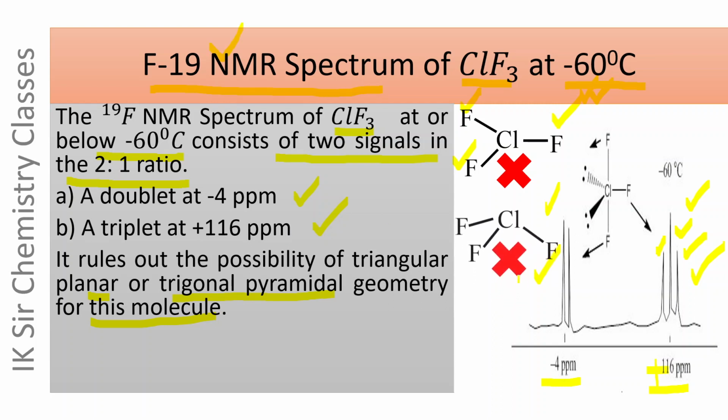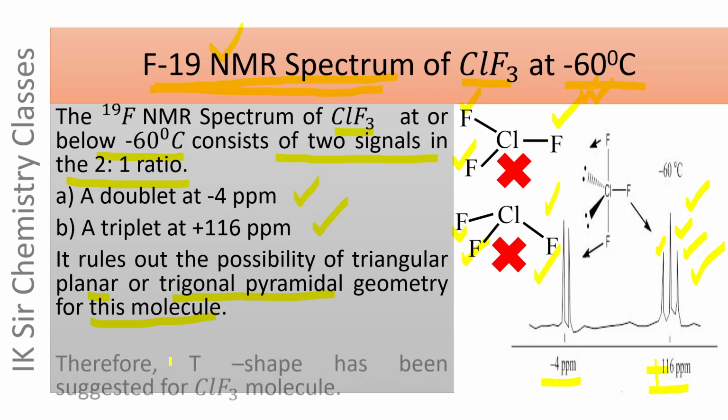In trigonal pyramidal geometry also, three F atoms are present in the same chemical environment and only one NMR signal is expected in the F-19 NMR spectrum, and hence the ClF3 molecule cannot have triangular planar or trigonal pyramidal geometry, and therefore